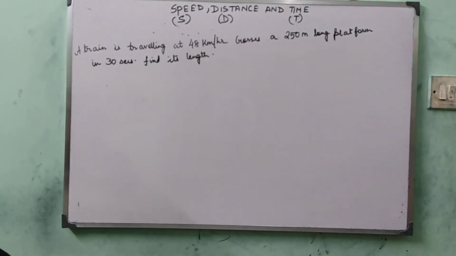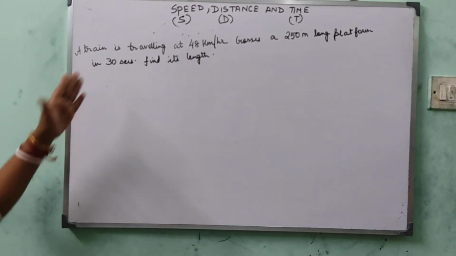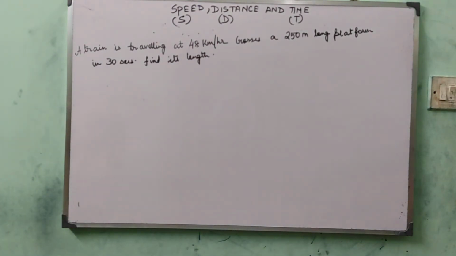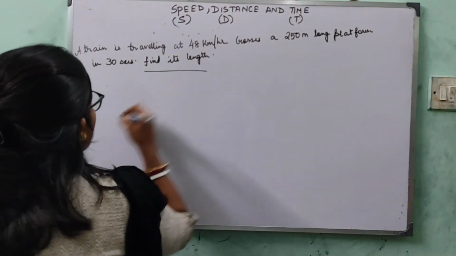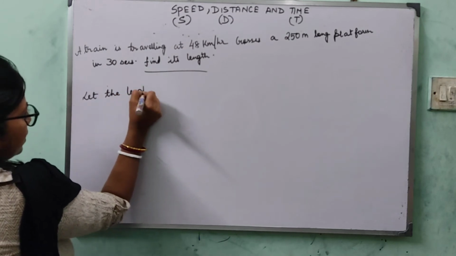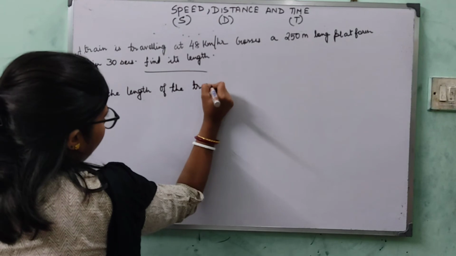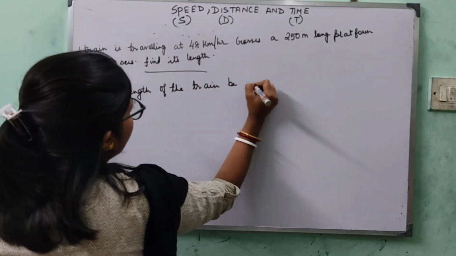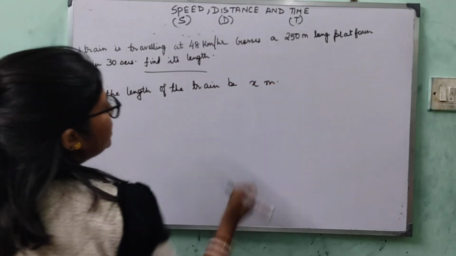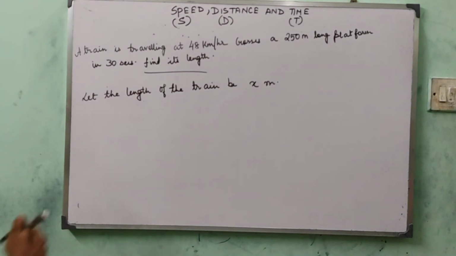the platform is given to us, and the time taken to cross the platform is also given to us. What we need to find is the length of the train, which is the unknown. So we can take, let the length of the train be x meters. Okay, so